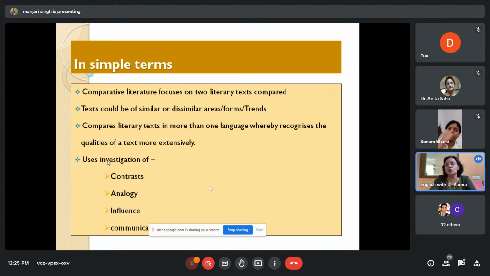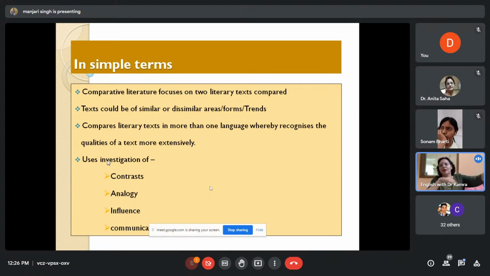If this continues to connect, then I think we all would enjoy writings like Wuhan Diary. You find a lady sitting down and recording how she felt when China was under lockdown. So now, next are the profits of comparative literature. You find that it overcomes the division between the West and the Rest.